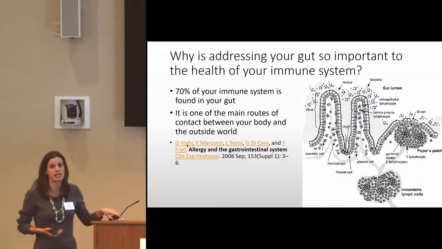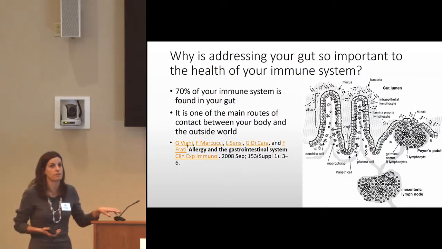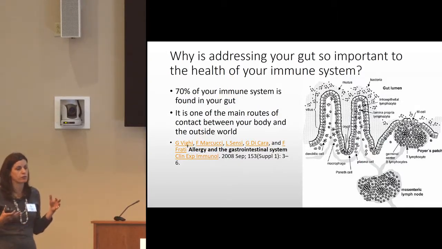But what I want to spend the last sort of 15 minutes talking about is a little more specific and practical. So I said that multiple organ systems in the body need to be addressed, and that there was one that I find needed to be addressed in all of my autoimmune patients, and that's the gut and digestion and nutrition.